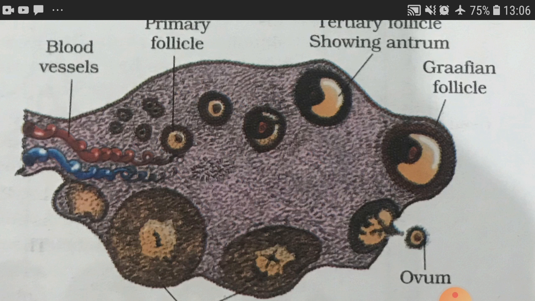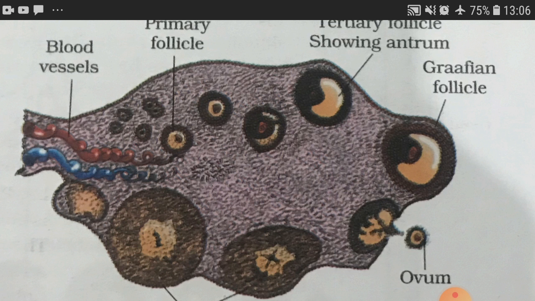So here you can see that the ovary is a solid organ and it is composed of the connective tissue stroma wrapped by a layer